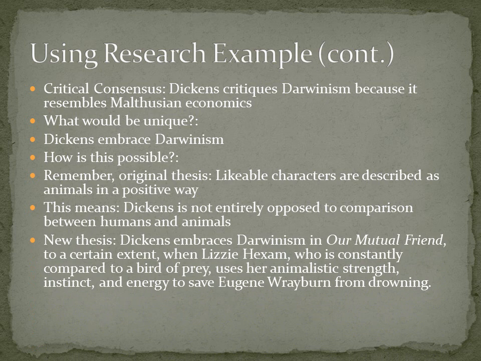Dickens embraces Darwinism in Our Mutual Friend to a certain extent when Lizzie Hexam, who is constantly compared to a bird of prey, uses her animalistic strength, instinct and energy to save Eugene Wrayburn from drowning. So she does a good thing humans would value, and she's able to do it because of the animalistic attributes Dickens ascribes to her. So this seems like embracing evolution to me, which would go against what the critics said, which makes it much more unique and interesting than what I had before, and also adds to that discussion the critics are already having. I'm not just repeating what they have said. I'm doing something different but still related, which is the goal with